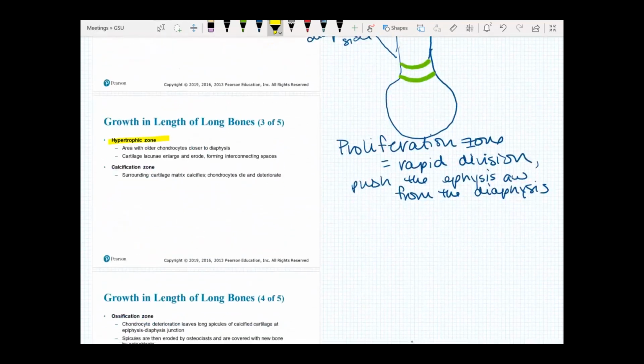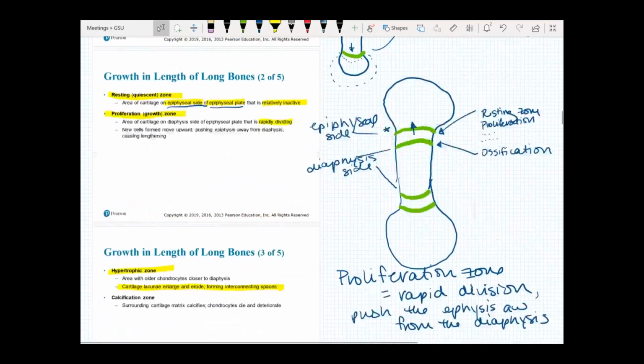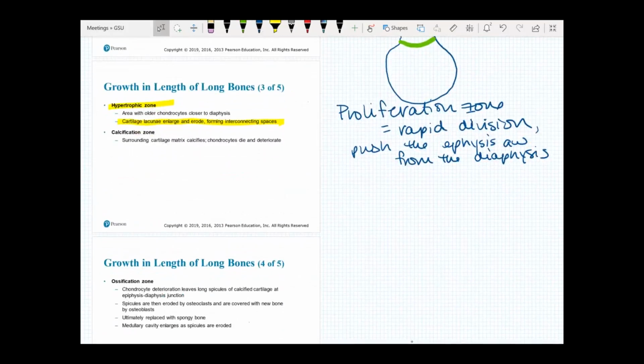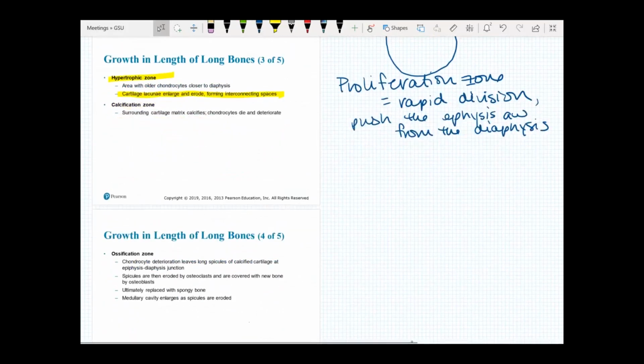So the next zone is the hypertrophic zone. So this is where you're going to be slightly closer to the diaphysis, and you're going to have your cartilage erode, and you're going to form spaces. So this section right here, this hypertrophic, if this is my medullary cavity right here, essentially we have to create this medullary cavity. So that will start to break down and form spaces, break down lacunae, enlarge them, erode them, and then create